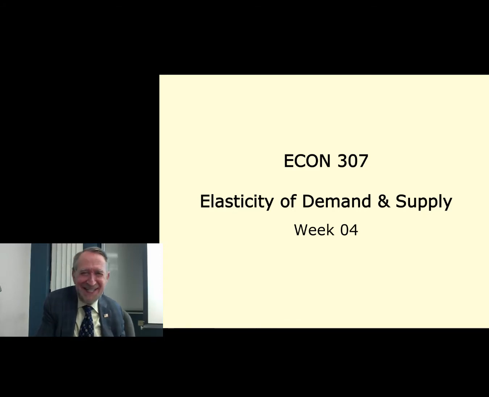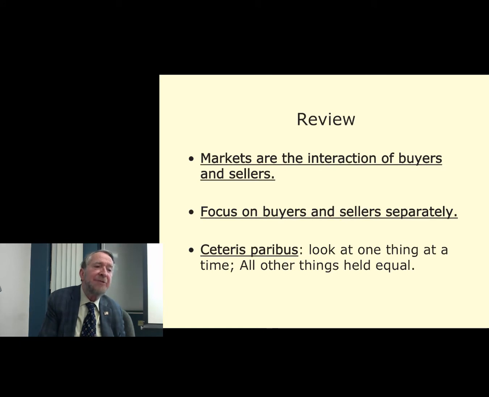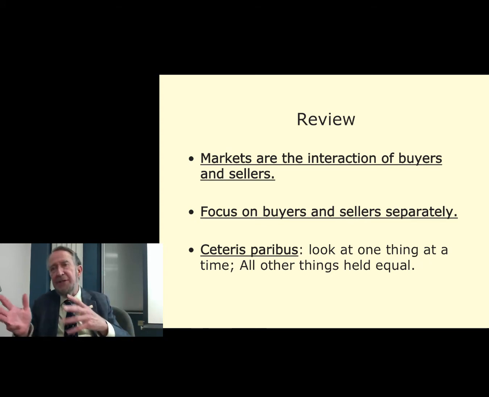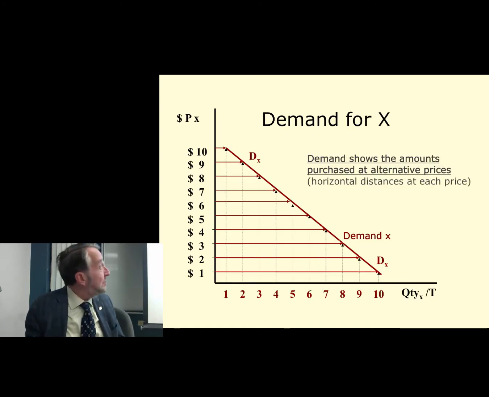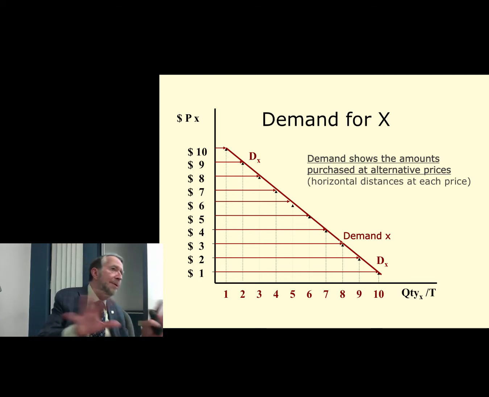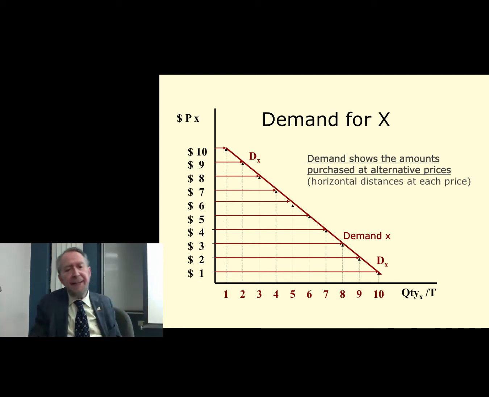The topic of this discussion, if we ever get to have it, is to think about what's called the elasticity of demand, and what we're interested in is looking at how responsive buyers are to a change in price, or how responsive sellers are to a change in price. We know that markets are the interaction of these two groups, buyers and sellers. And we build these two models separately, demand and supply, and we employ this assumption of one thing at a